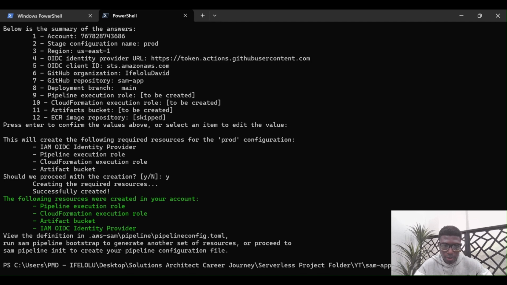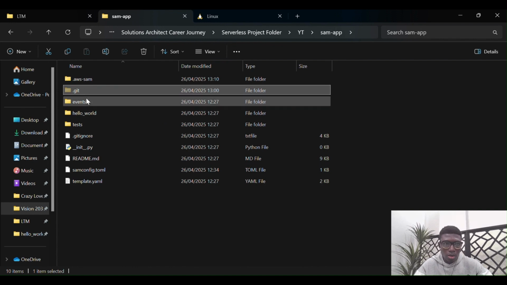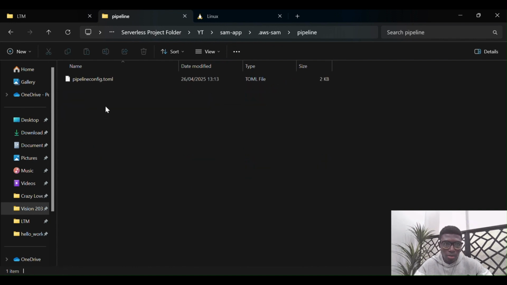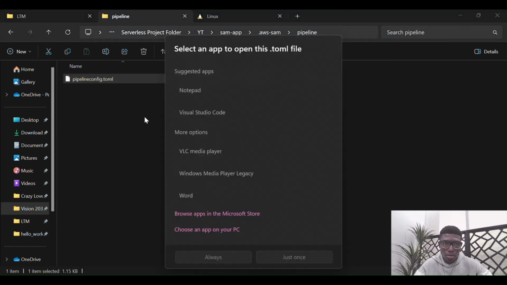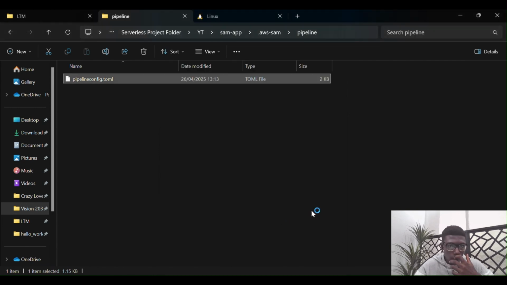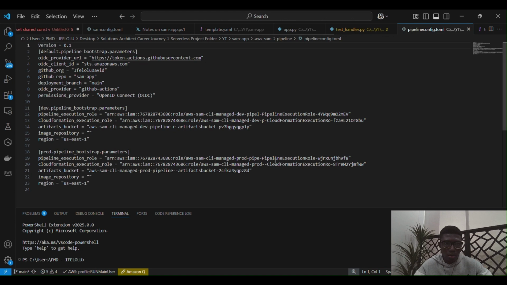No, SAM pipeline config.toml. I need to be using Visual Studio Code. I'll just set this to always. Okay, so yeah,